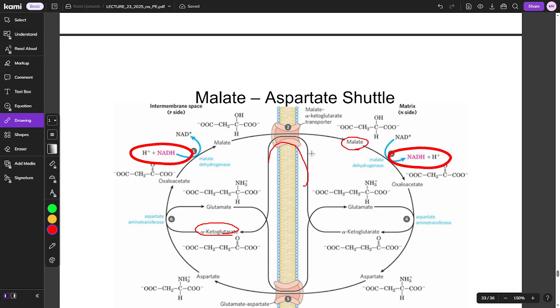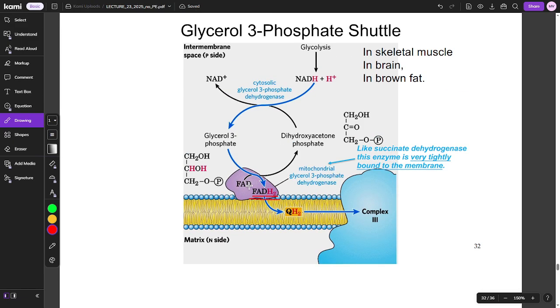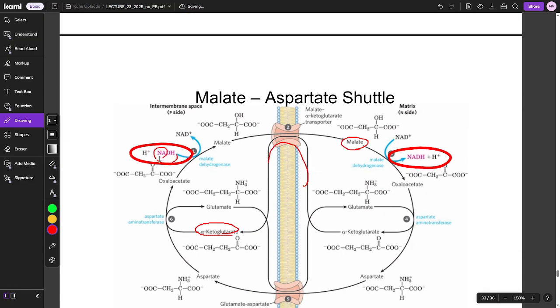So essentially what's happening is, this mechanism over here uses NADH to generate FADH2, but this method uses NADH to generate more NADH. So all we're doing is starting with malate. The malate goes into the cell through the alpha-ketoglutarate transporter, and as malate goes in, alpha-ketoglutarate goes out. From there, the malate is then oxidized using NAD+ into oxaloacetate, and then an aspartate aminotransferase comes along